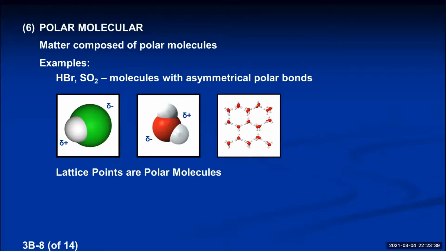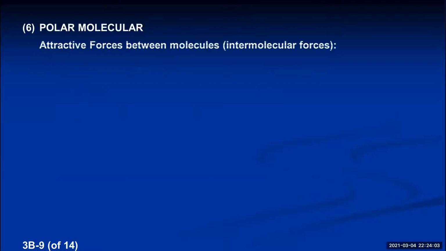Now, what holds the water molecules together in a crystal of ice? One water molecule is not covalently bonded to another. There's got to be some intermolecular force doing that. And you might guess London dispersion forces, and that would be a good guess. Because when water molecules approach each other, they will polarize each other's electron clouds and they will cause a little positive-negative attraction, which is called a London dispersion force.